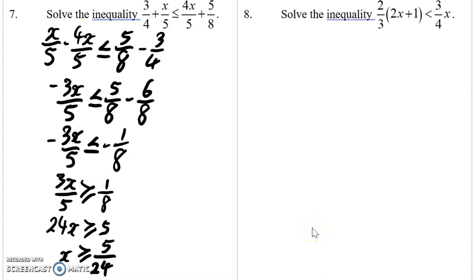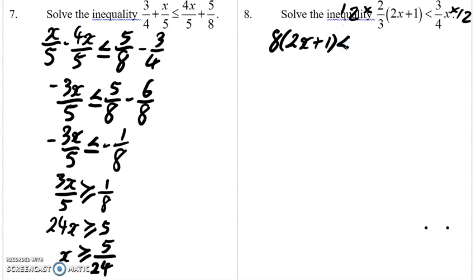Okay, looking at question 8, one may be tempted to just jump in and do the expansion on the left hand side straight, but it's more advisable for us to take a closer look at the question. The denominator on the left side is 3 and the denominator on the right side is 4. So we can multiply 12 on both sides. So if that's the case, the left hand side now will be 8 times 2x plus 1